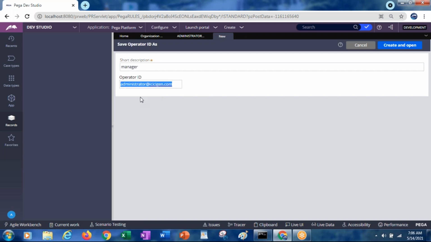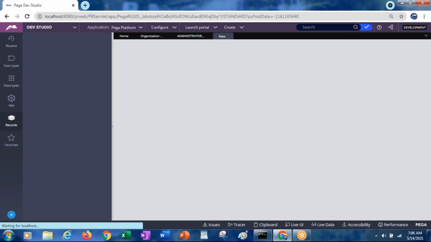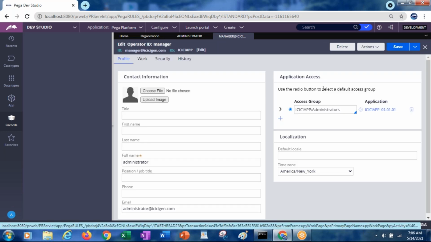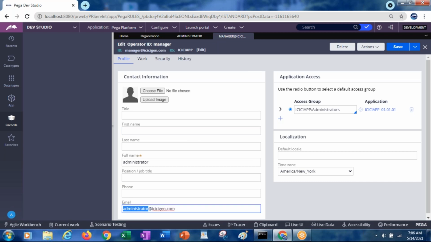I will give manager at icici.com, create and open. This mail ID, if you want, you can change it, otherwise you can leave it as it is, no problem. Anyway, this mail ID is not available. Give some name, title.